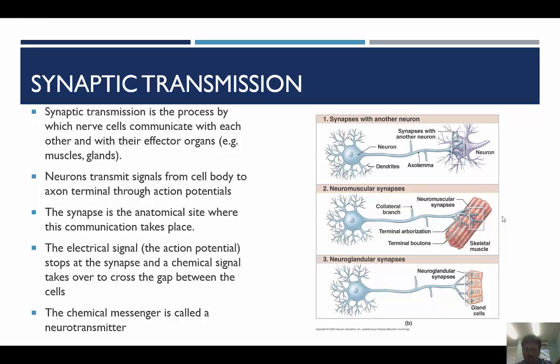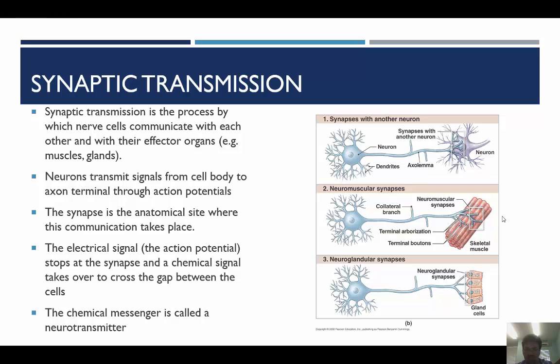Well, previously, in looking at the electrical properties of nerve cells or neurons, we've seen that nerve cells and neurons all have an electrical charge, which is called the resting membrane potential. And we've seen that the resting membrane potential is very important because it allows neurons to generate an action potential. And what the action potential does is it takes a signal from the cell body, more particularly the axon hillock, and it transmits that signal along the axon of the neuron, right to the end of the axon,